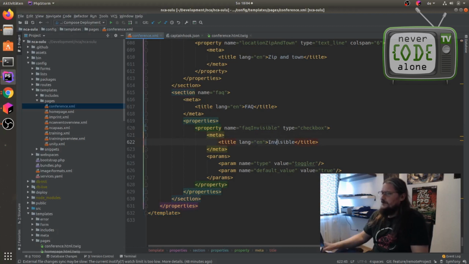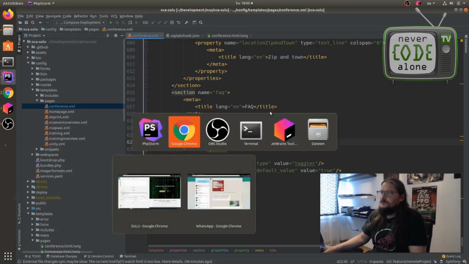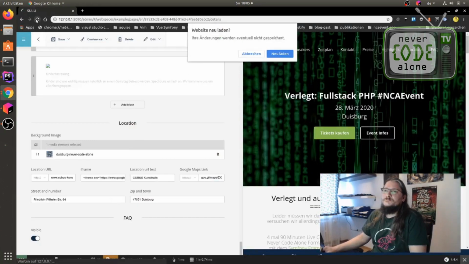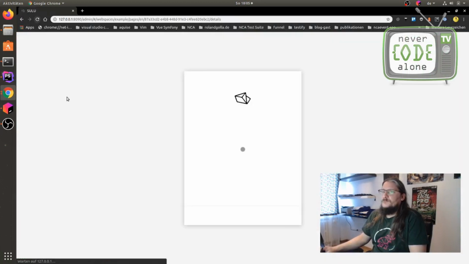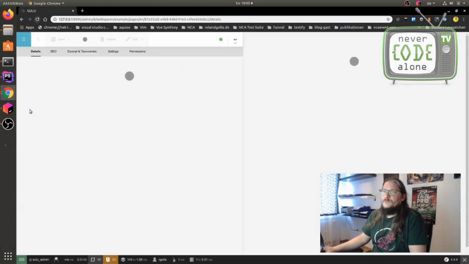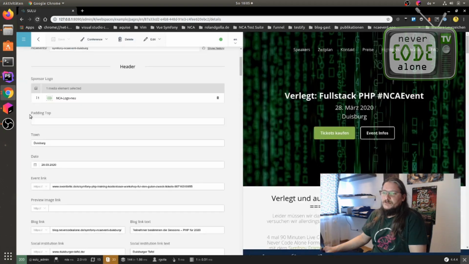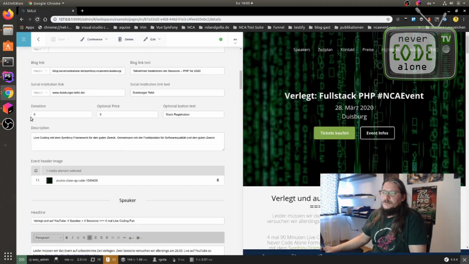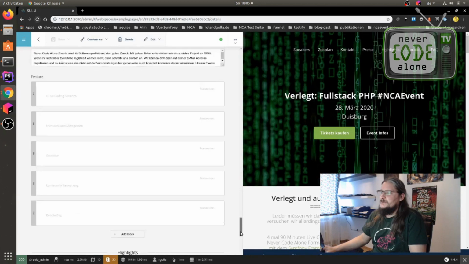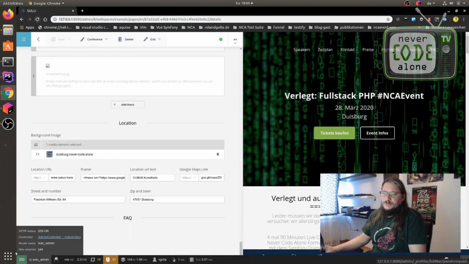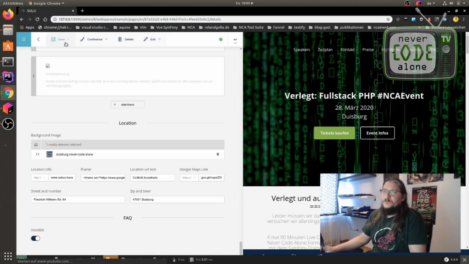It's clearer what we want to do with this button here. Maybe we didn't save. Okay, looks good. Invisible. Save and publish. Okay.